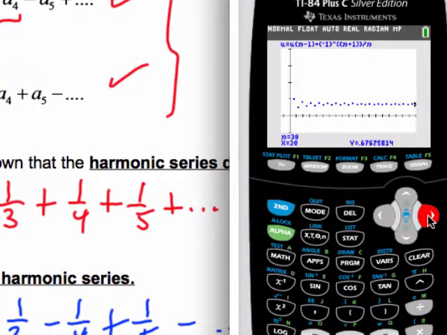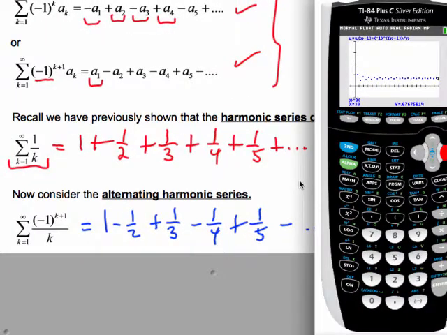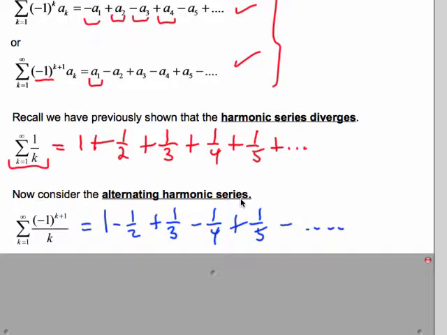It seems like it's converging. So it seems as though the alternating harmonic series is converging, even though the harmonic series diverged. And in fact, the alternating harmonic series does converge,